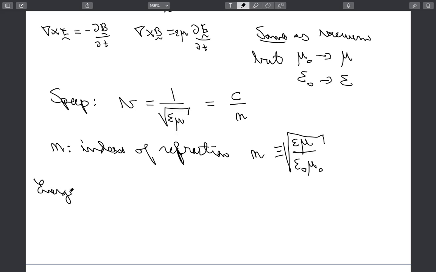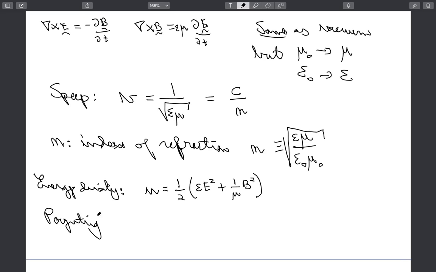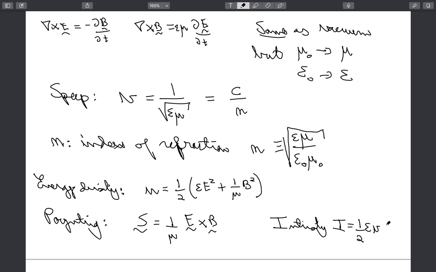So for the energy density, okay, we have that in this case, again, the results are the same as in vacuum, modulo the replacement of epsilon 0 for epsilon and of mu 0 for mu. So we have this. The Poynting vector looks just the same, again modulo the replacement of the permeability by the medium's permeability, E cross B, like this, and the intensity I is just 1/2 epsilon v now with this original amplitude squared. Okay, so the results really completely transport directly from the vacuum